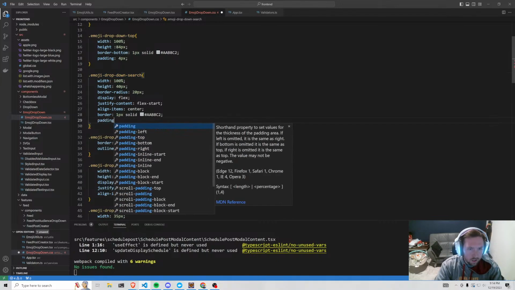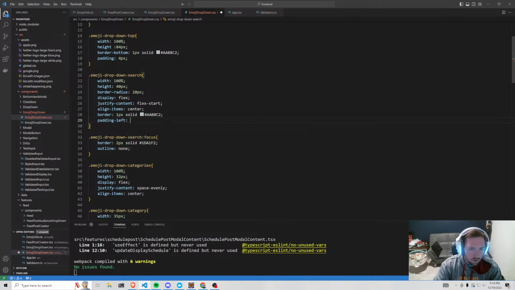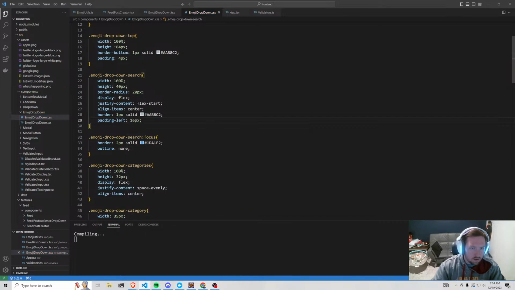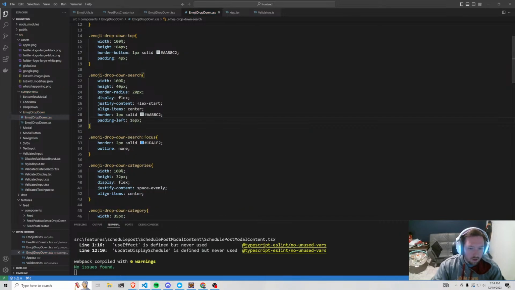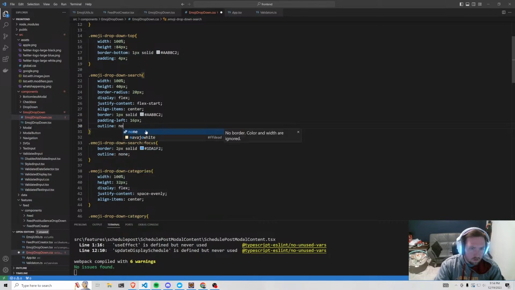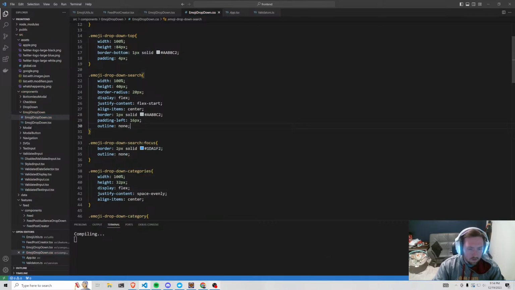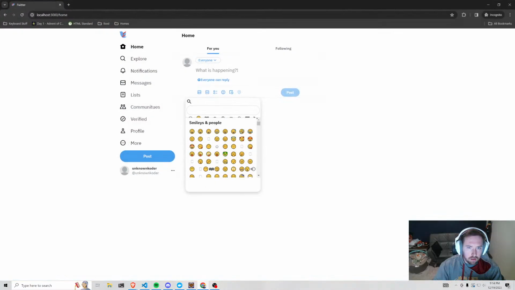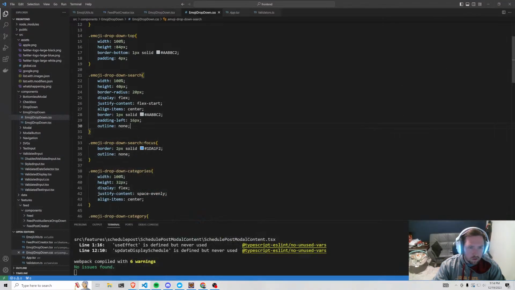Let's say padding left 16px. And this is the drop down search and it shouldn't change on this. So let's go ahead and I'm also going to put outline none on this just to be safe, but let's hop back in. Okay, there we go. Now there's a little bit of space there. I think we even need a little bit more. So let's say, let's like double it. So let's say padding like